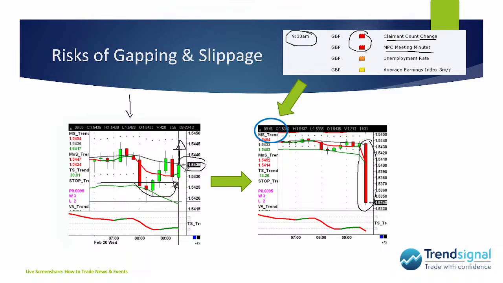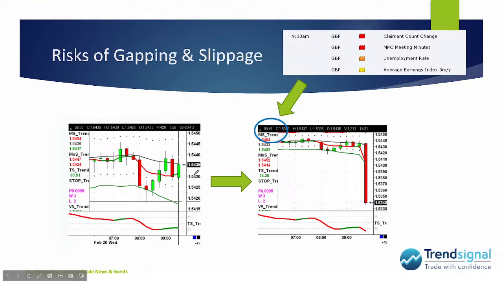So what happens here is that, let's say that you were in a trade. And just to give you an idea about the negative side before we know what to do about it, let's say you bought here, and let's say you put a stop loss in down here, whatever, at 154.20. That's where your stop loss is going to be. And you thought, you know what, sod it, I'm going to go for it. It's 9:30 in the morning. I don't know anything about economic data because I haven't looked it up. Of course, that wouldn't be part of the thought process on that basis. But anyway, I'm going to put my stop in at 154.20, and we'll see what happens.